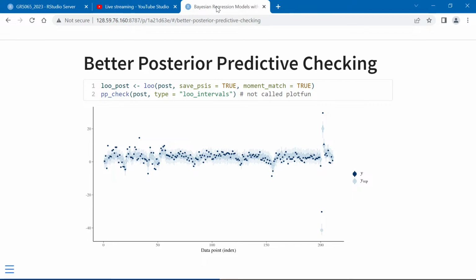So maybe you should keep those two data points in, but you should use moment_match equal true or reloo equal true in order to get a valid estimator of the expected log predictive density, because your results are somewhat sensitive to those two quarters. Probably more information came from those two quarters than all 200 other quarters put together, which is, you know,